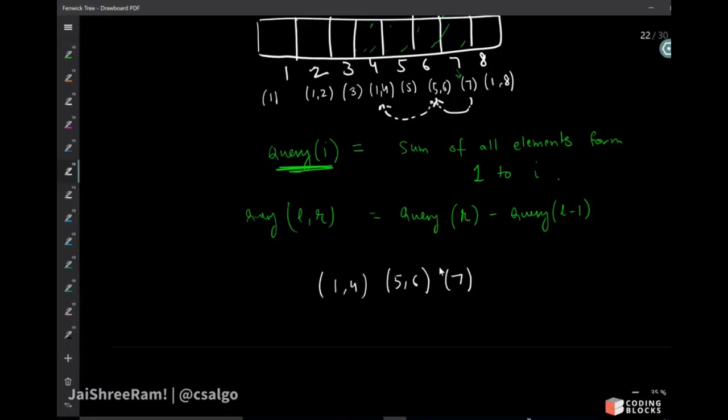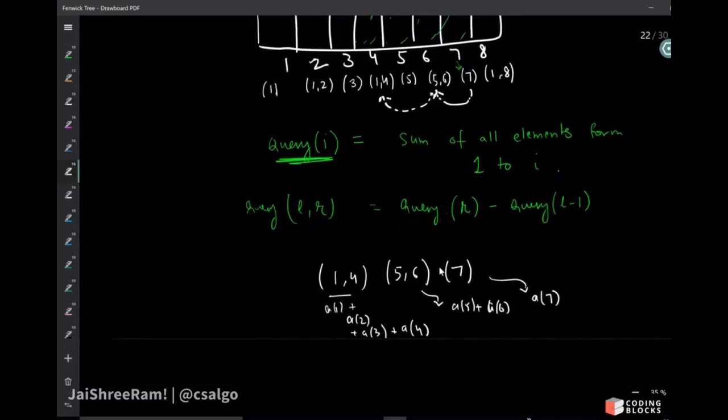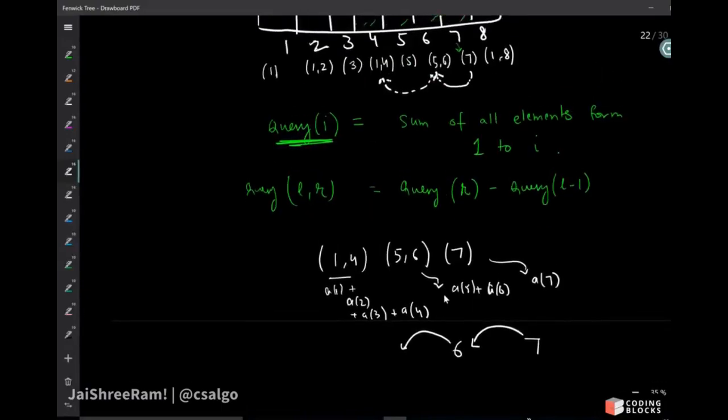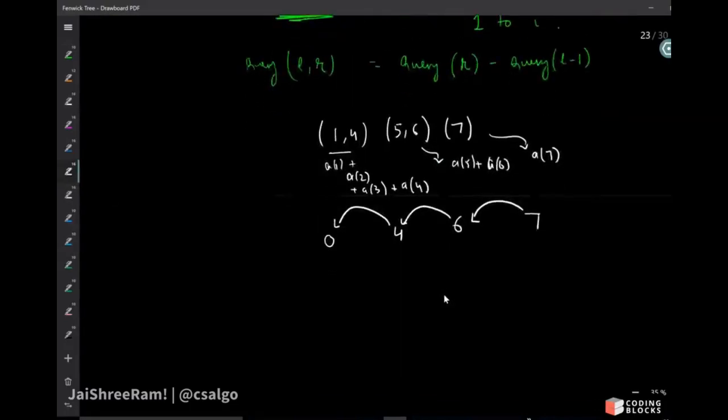क्योंकि 1 से 4 में क्या पड़ा है, A1 प्लस A2 प्लस A3 प्लस A4। 5 से 6 में क्या पड़ा है, आपके पास पड़ा A5 प्लस A6, एंड 7 में क्या पड़ा है, A7, राइट। तो यही तो हमें चाहिए 1 से लेकर 7 तक का सम, इन सबको सम करना है। तो बेसिकली हम क्या कर रहे हैं, हम 7th इंडेक्स से एक पिछले इंडेक्स पे जा रहे हैं, हम 6th इंडेक्स पे जा रहे हैं, 6th इंडेक्स से हम 4th इंडेक्स पे जा रहे हैं, एंड 4th इंडेक्स से हम बस खत्म, 0th इंडेक्स पे बोल सकते हैं,